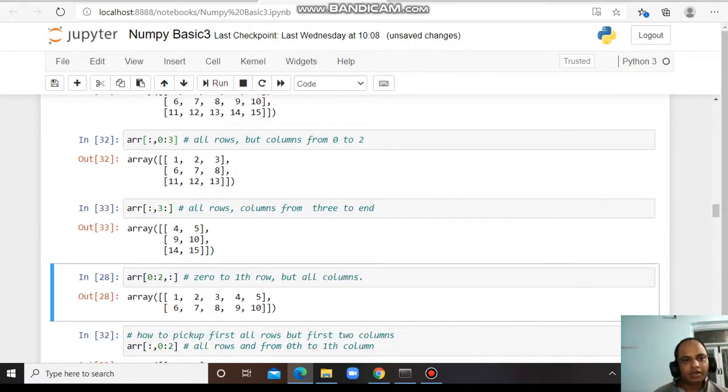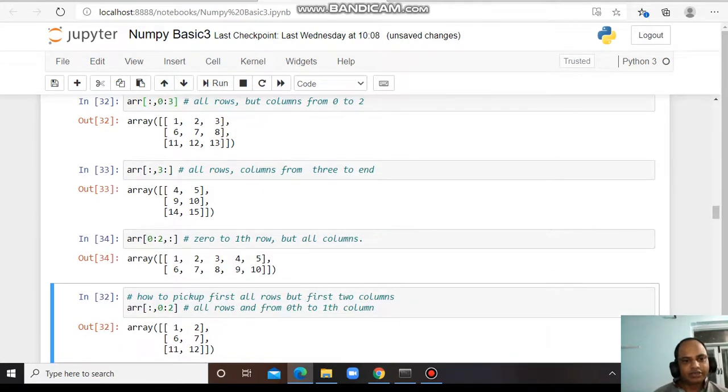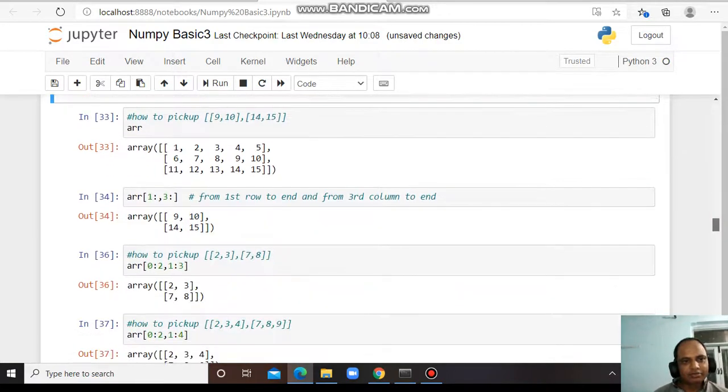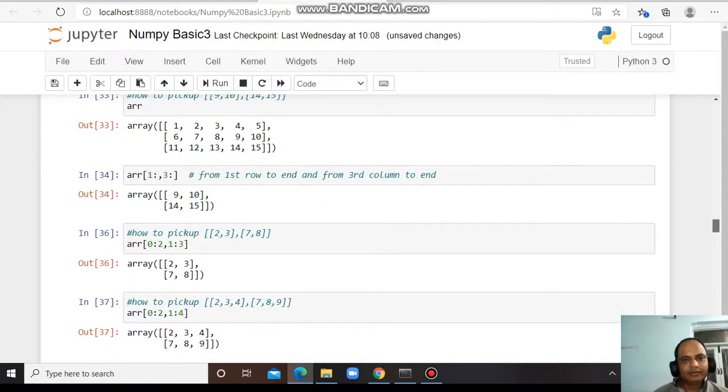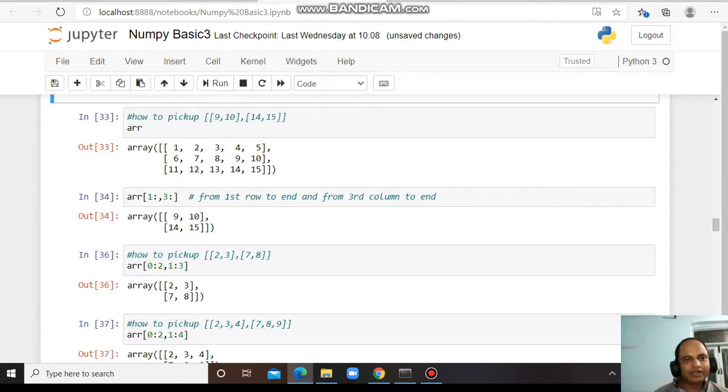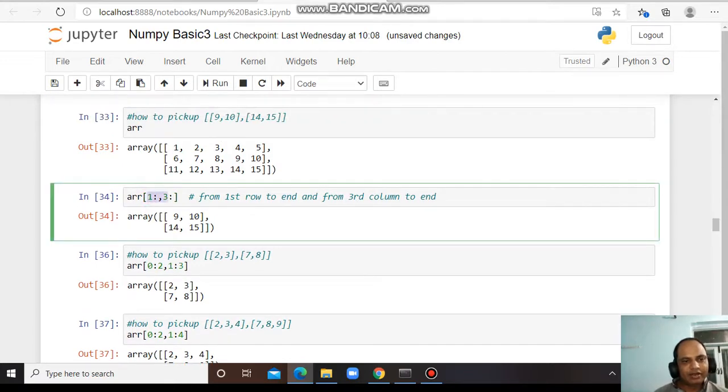So these are some techniques you have to know. Another example: what does it mean by this array with 1 colon and 3 colon? That means it will start from the 1st index to the end in the row, and in the column from the 3rd index to the end. For example, this is my array.